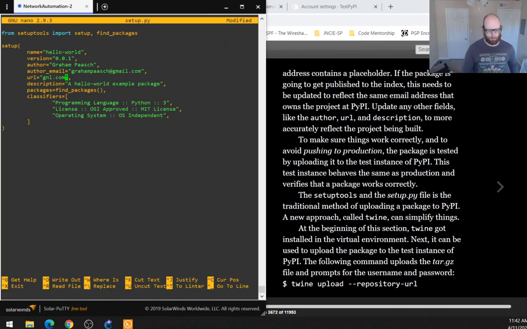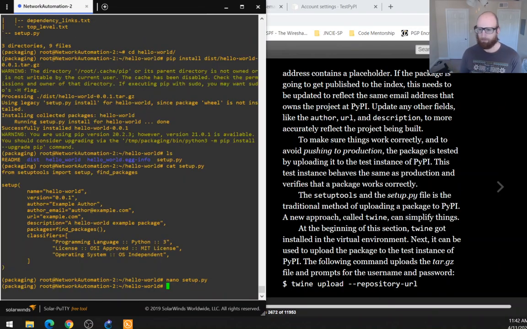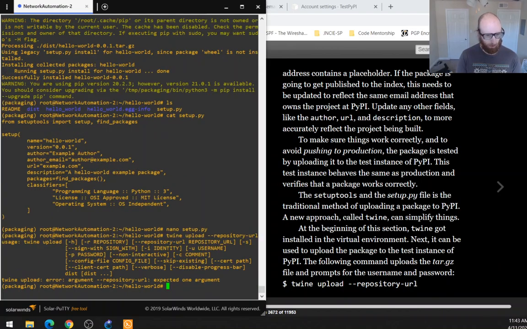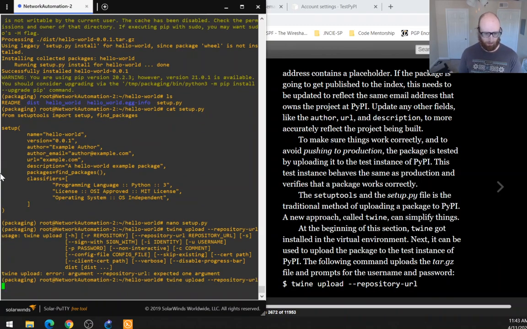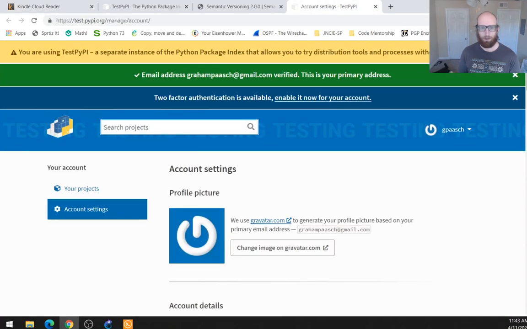Okay, so that looks good to me. Interesting. Oh, let's try the twine. Oh, you know what? Oh, the repository URL. So that's going to be